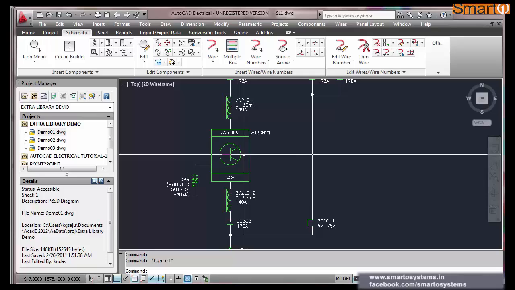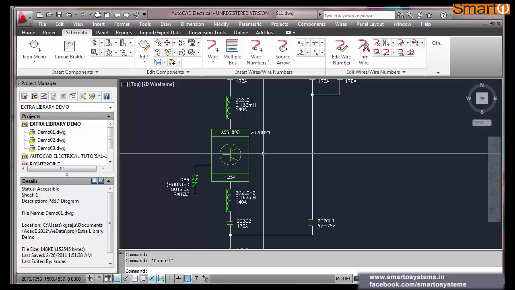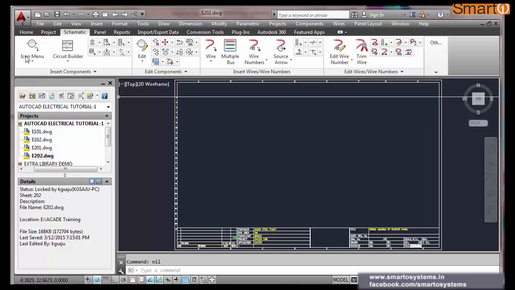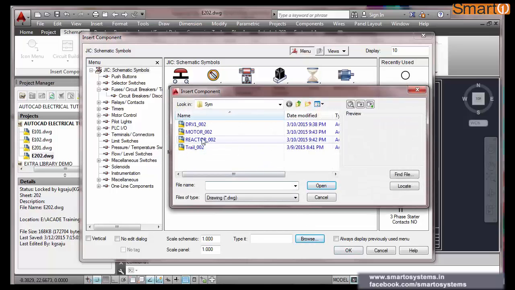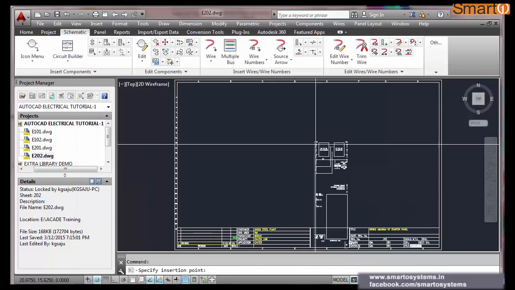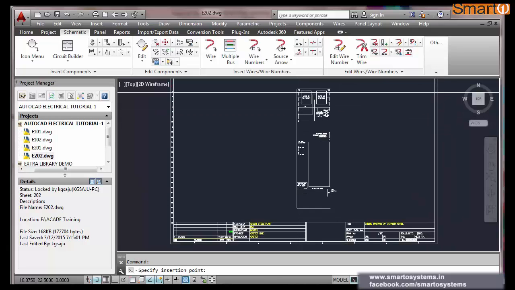It is according to your fancy, and you can use your creativity to build up symbols. So I have a symbol builder. I know where it is, but I'm not picking it from there now. This is another directory which I made for demonstration purposes only. Here is drive 1. I'm inserting this drive here.